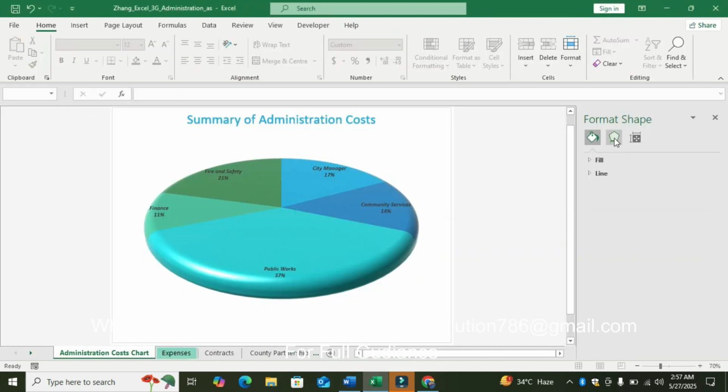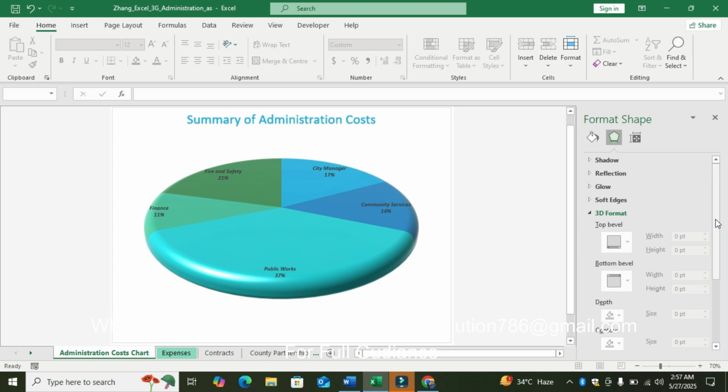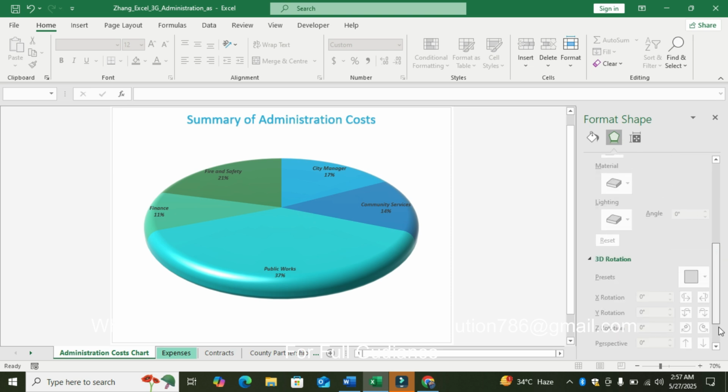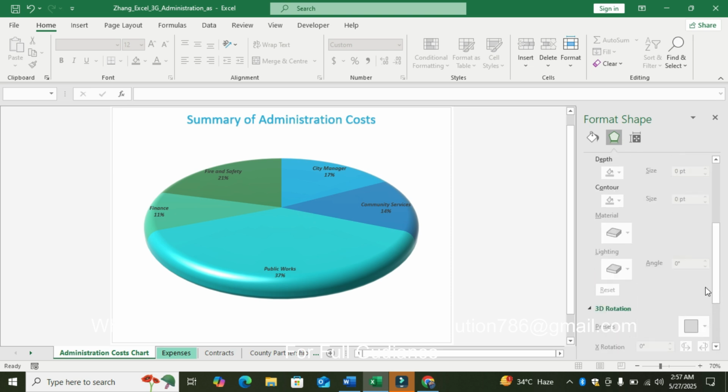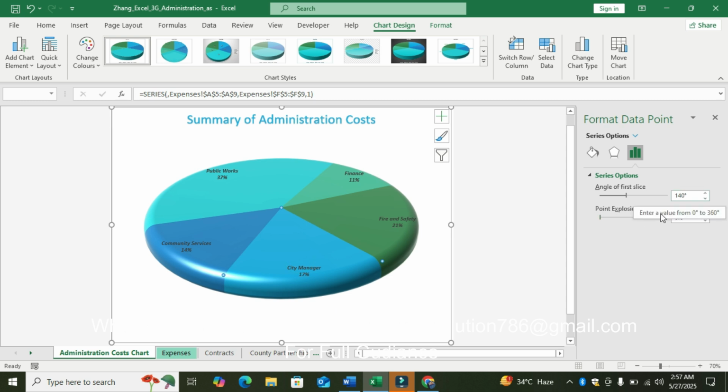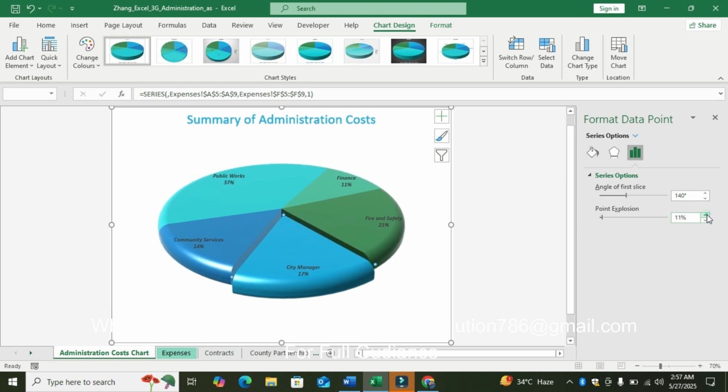So we go on our Excel worksheet, display the series function, and in the 3D rotation, so here is the angle is to 140 and city manager, explode the city manager to 10%. City manager to 10%